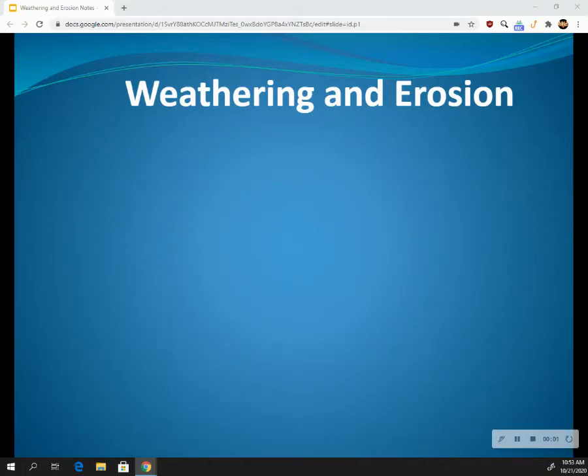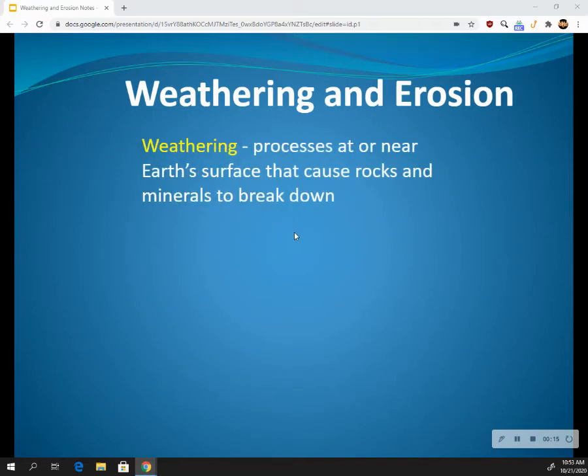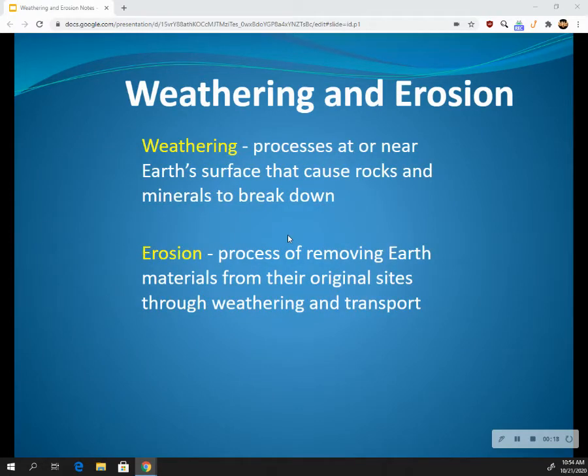Okay, so we're starting off this unit. This is a quick unit. We're going to go over weathering and erosion, and what our visual of the Earth's crust is. So, weathering and erosion. Weathering and erosion are how we have the Earth's surface and how they cause different rocks and